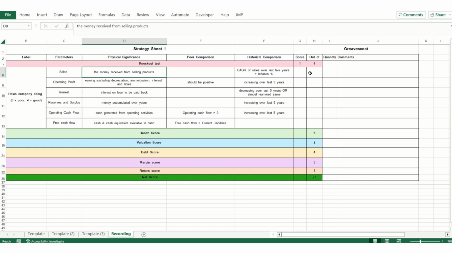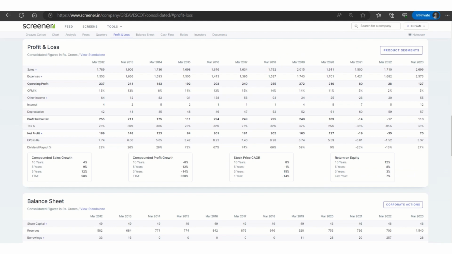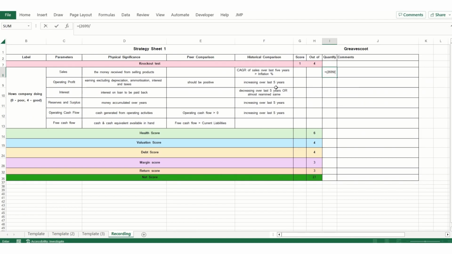So I can write the formula here for you. The sale is your final value, which is your 2699, divided by your initial value, and your initial value was 2015, to the power of, we are taking data of 1 by 5 years, so it is 0.2. This is your 5-year CAGR, and this minus 1. So this is the formula: final value by initial value to the power of 1 by n years, minus 1.